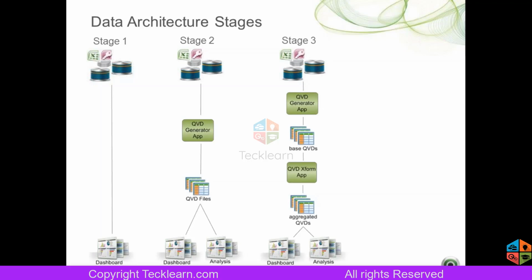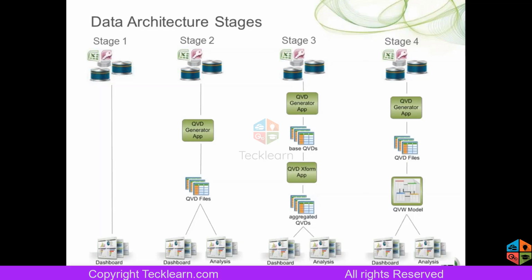And coming to stage 3. The first application is for creation of QVDs. The second application is for loading those QVDs and once again storing the aggregated QVDs. Aggregated QVD means we are doing some calculation. While creating the first QVD there is no calculation, and in the second application we do some calculation and store that, so it comes under the aggregated QVD. And the third is our main application, where we load the aggregated QVDs.